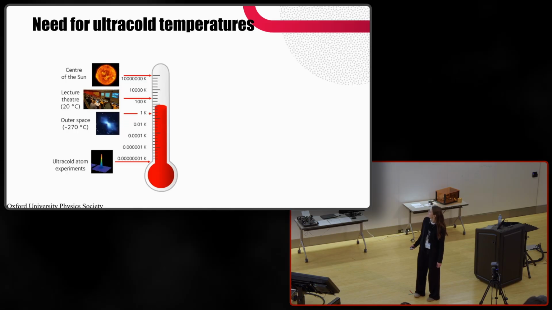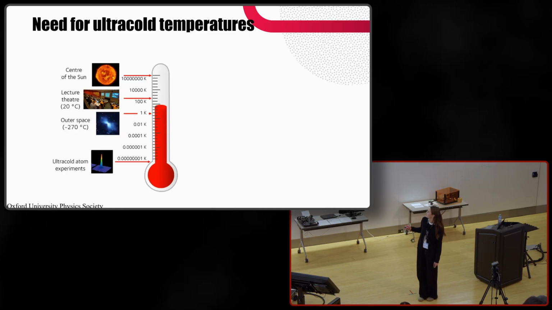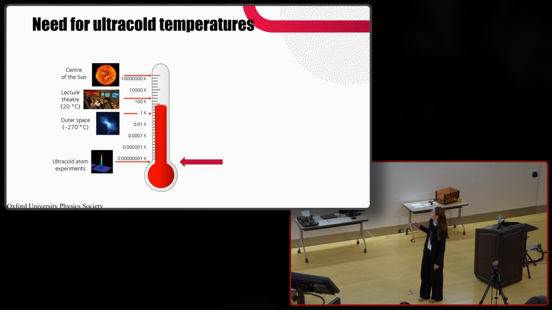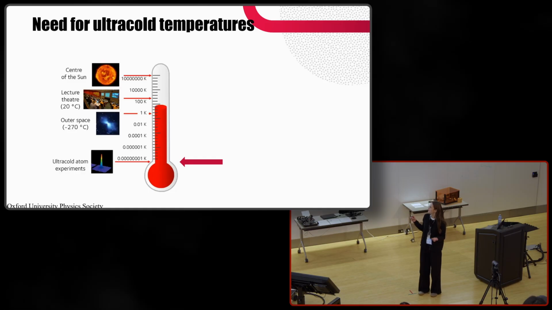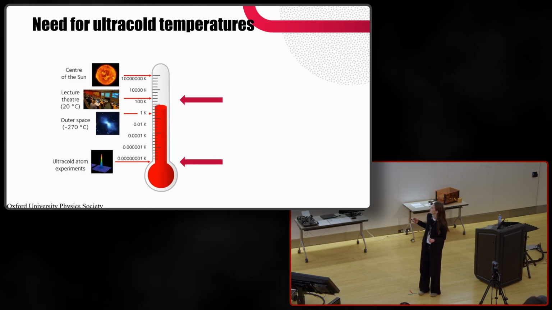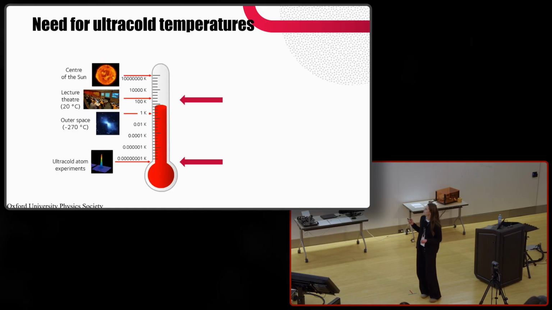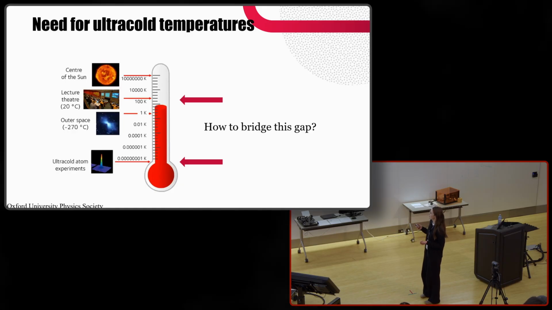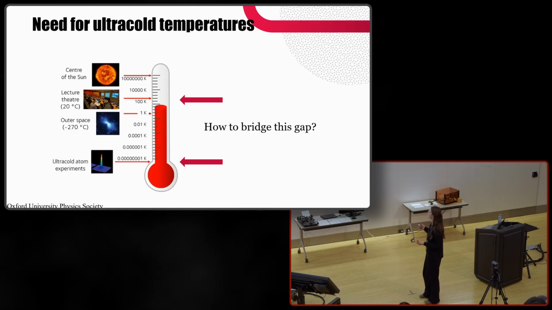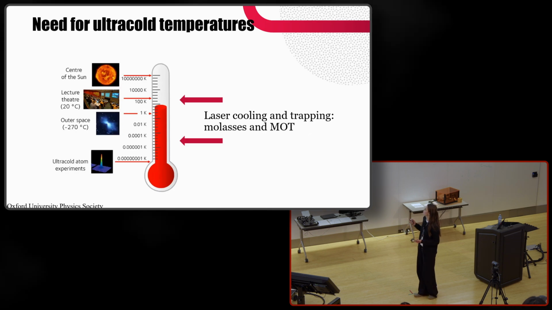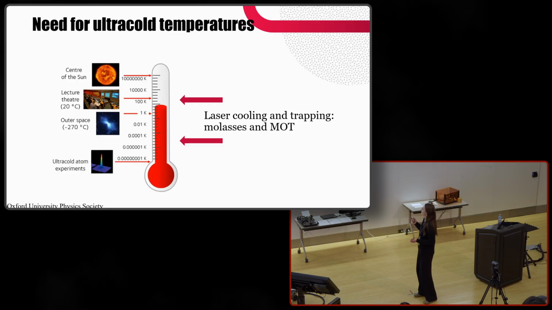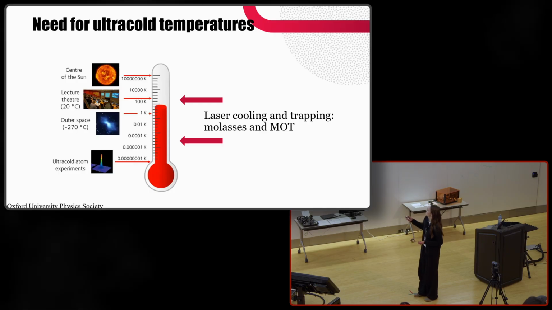In the previous talk, Farzan mentioned to us what happens to matter when we reach cold temperatures, something like this. But in reality, we are right now at room temperature, and the main point of this talk will be to answer the question of how we can bridge this gap in temperature. More explicitly, I will present the methods of cold molasses and the magneto-optical trap, which allow us to bridge